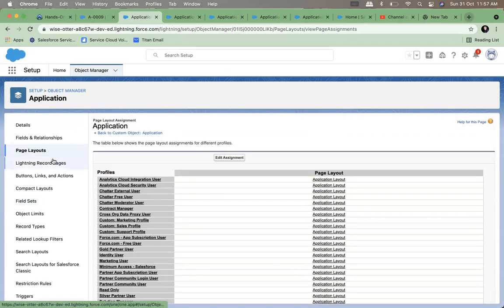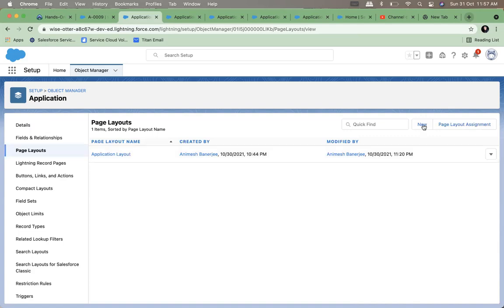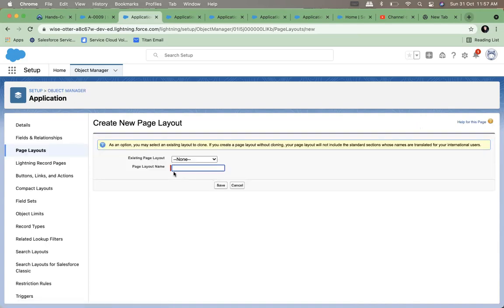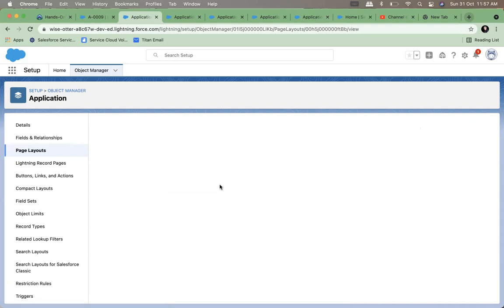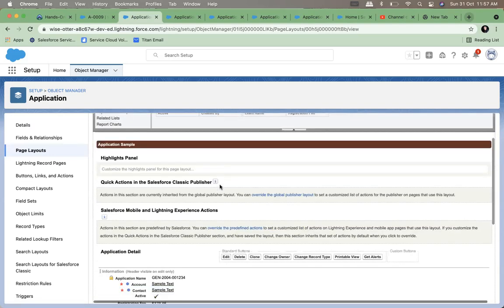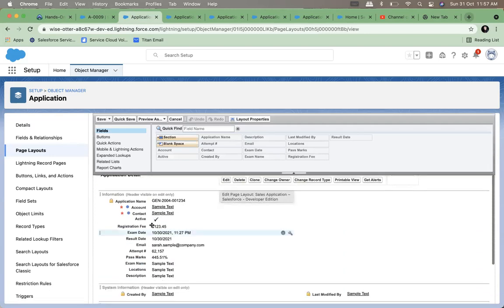But I can go ahead and create 2 page layouts. I can use an existing one, and I say sales application. This opens up a page layout wherein I can remove these fields.